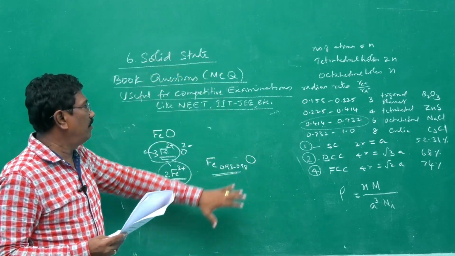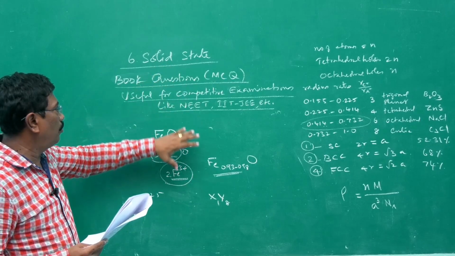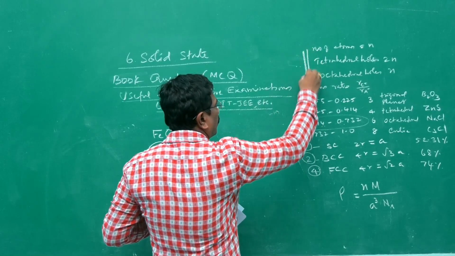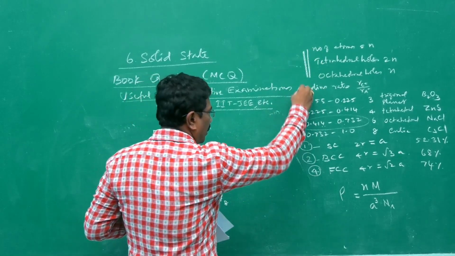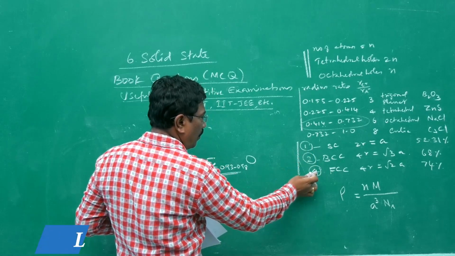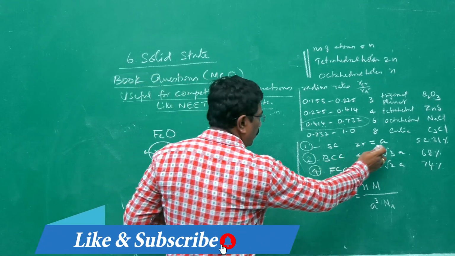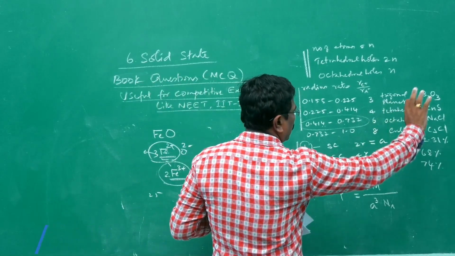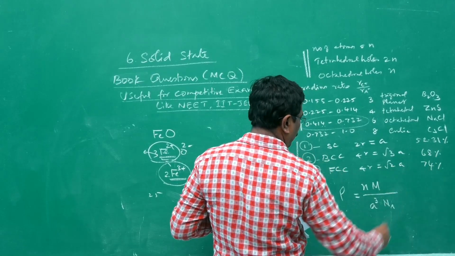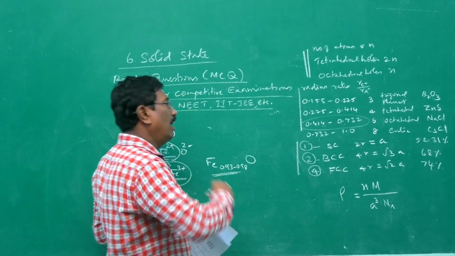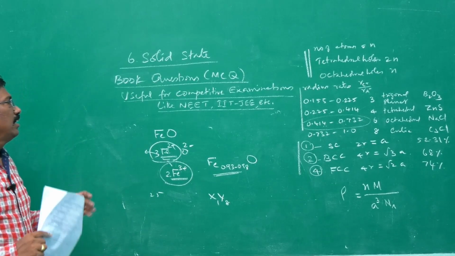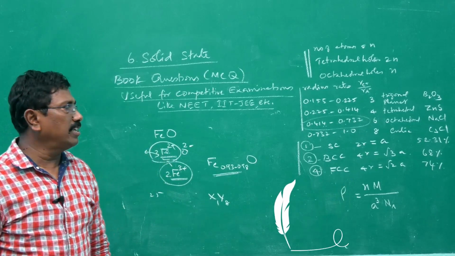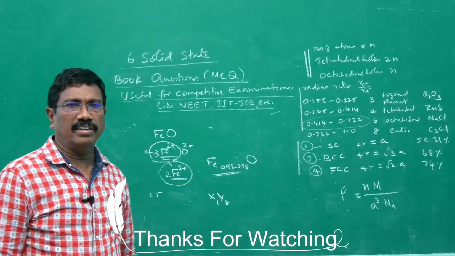So almost we have covered solid state, all the 1 mark book back questions, which covered all the aspects, including number of tetrahedral holes, radius ratio, number of atoms, relationship between radius and edge length, packing efficiency, and calculation of density. All those points we have covered, and those points may be very much useful in competitive examinations. And in the next class we will be seeing a few questions for NEET and IIT. Thank you.